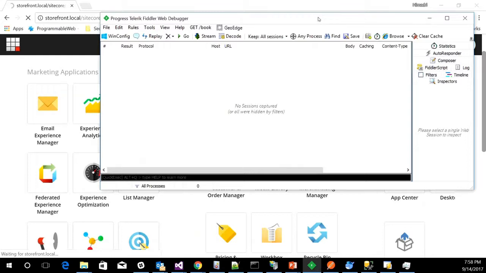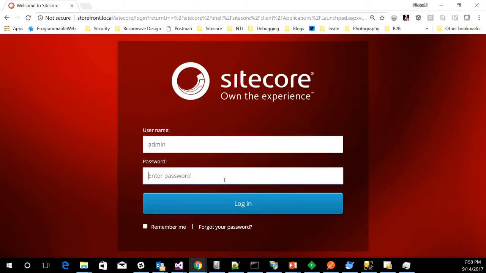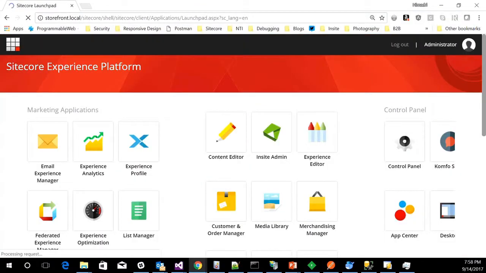So what I mean to say is that, say I am working on something and I want to know which API to call and where to look for. Fiddler is a good tool to actually debug that. Let me see if I can show from here. So Fiddler is running,